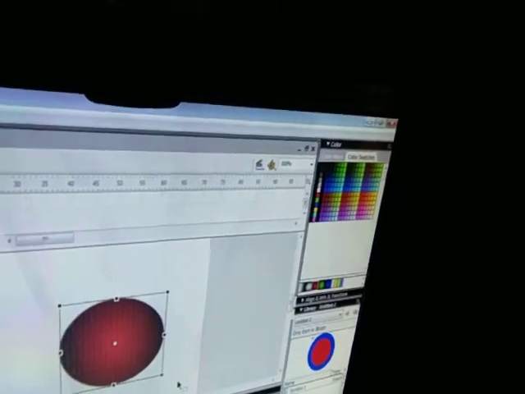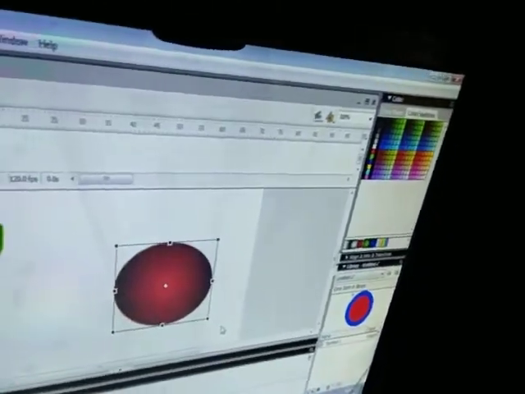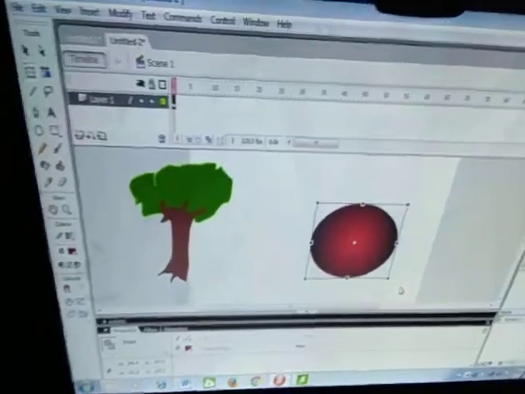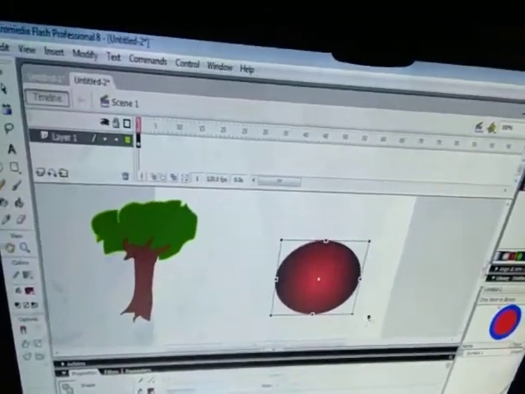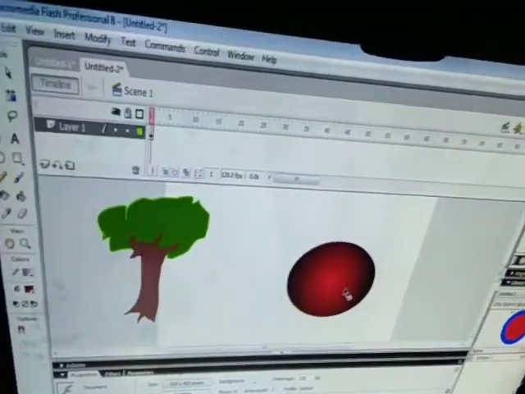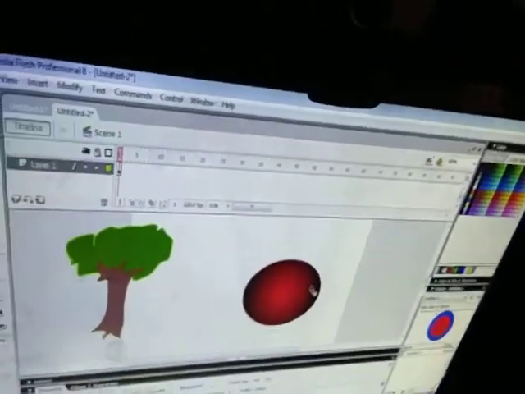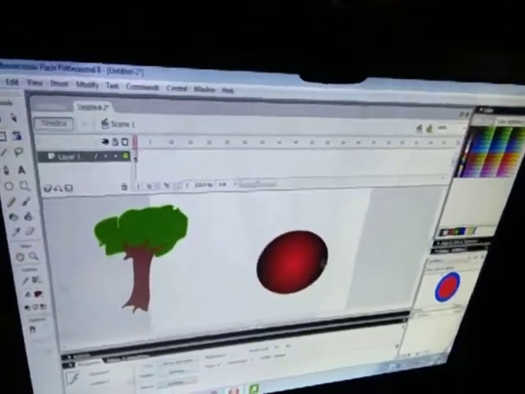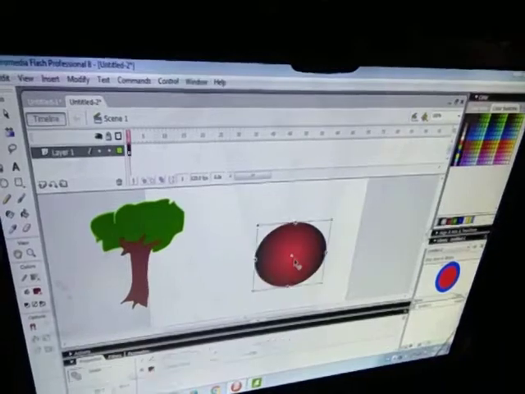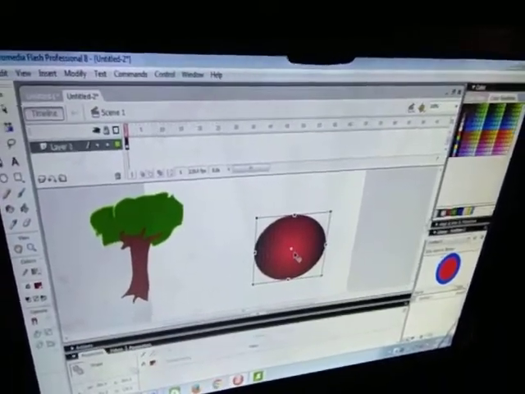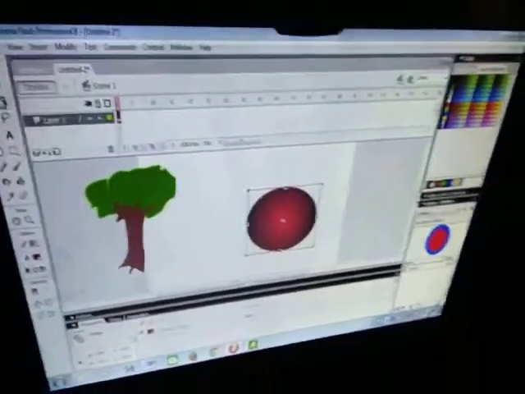You can see here this one is red, and the red color is lighter in the center, but when it is moving towards the outside, it will be a darker color.